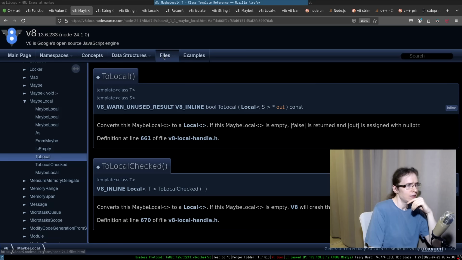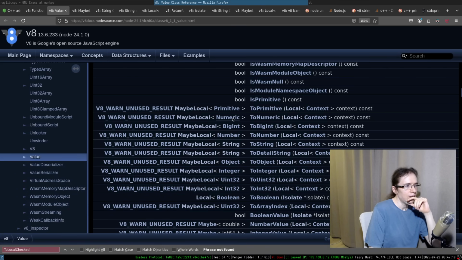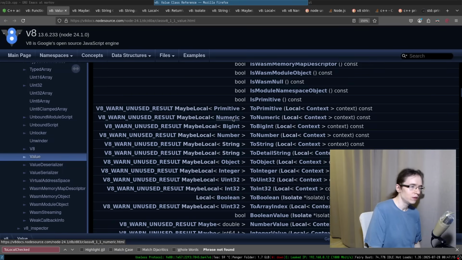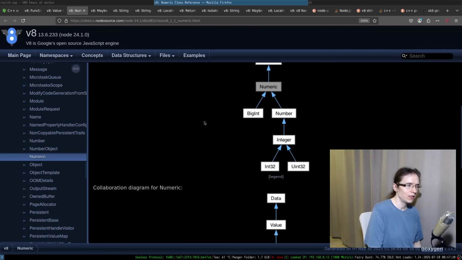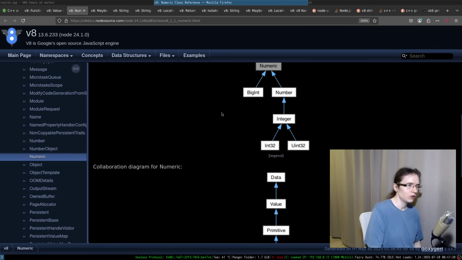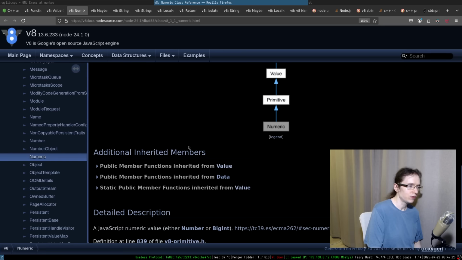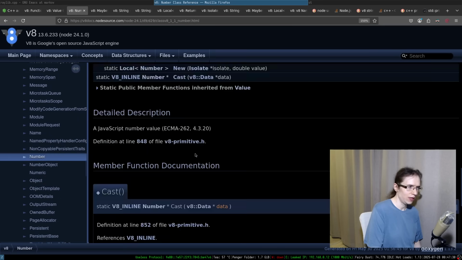So ToLocal, and what's funny is that it accepts a template, so that means I can take a numeric or number. Oh, it's actually not number, it's numeric. Okay, it's numeric, and it's one of the primitive types. JavaScript numeric value, number or big int. So it does have,